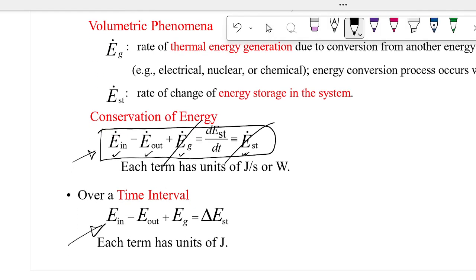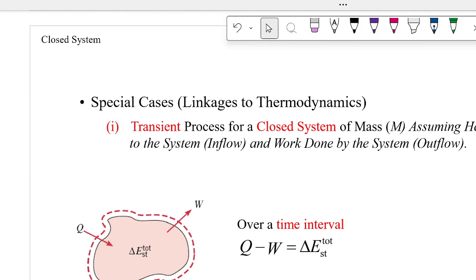Then for a time interval, that dot term is going to go away. Do you know what happens for a time interval? The dot goes away because you just multiply by the delta t, the time interval. What is the unit for this one? Watt, or joule per second. What is the unit for this one? Joule. You remember that? All right. So then, obviously,